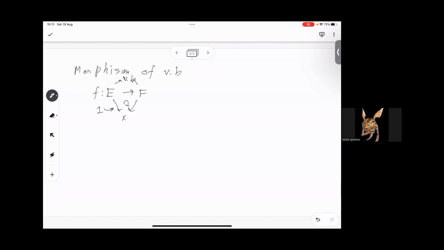Number one, commuting of this diagram. Number two, f is fiber-wise linear. And of course, number three, f is continuous. Right? So that's one. What's a section of a vector bundle? Right. So a section